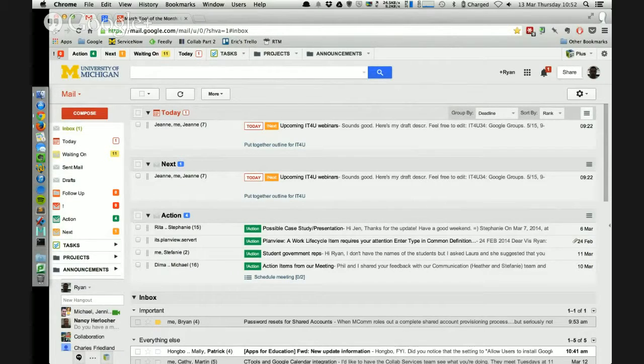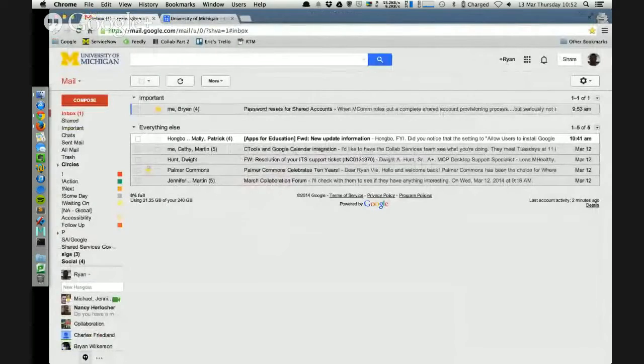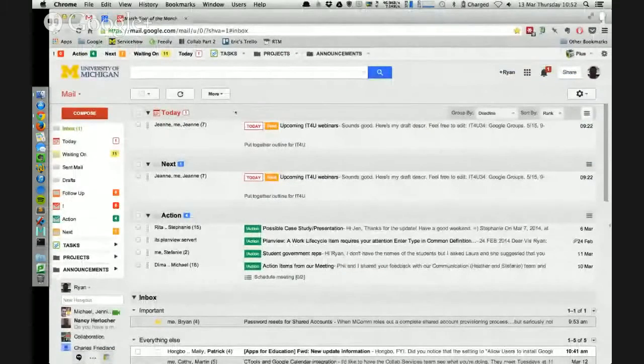So I'm going to flip back to here just to take Active Inbox out of the mix for a second. I just want to explain the difference quickly to those who may not use those features. Signing into your email is if you go to email.umich.edu, or you go to google.umich.edu and click on the mail link at the top.